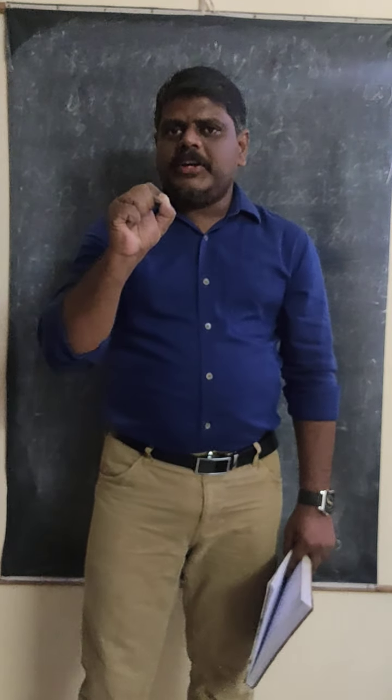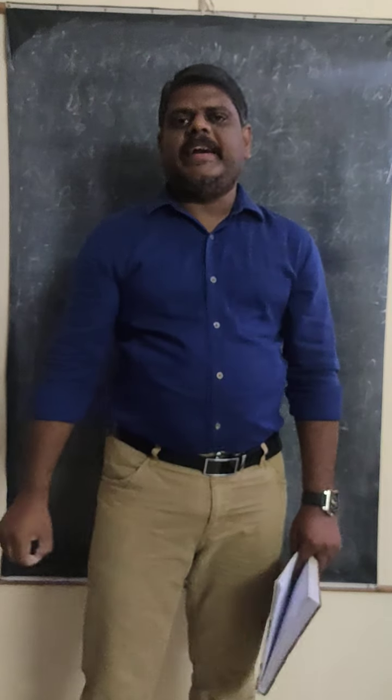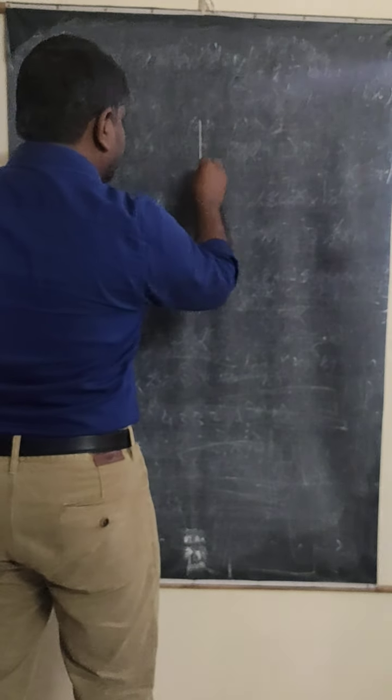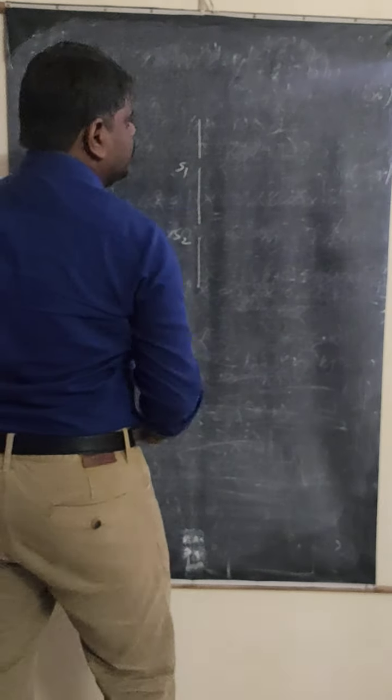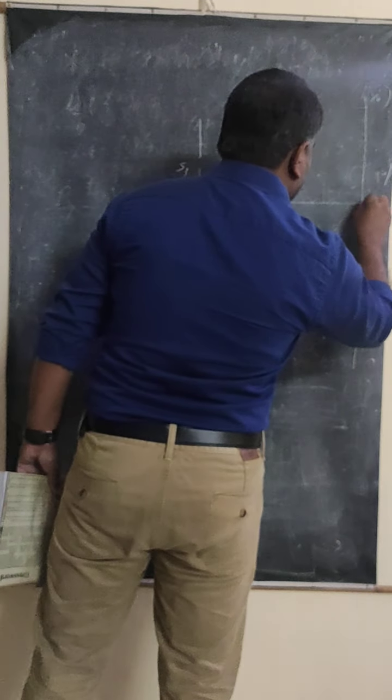From the center point to the sixth bright band on the upside and the sixth bright band on the downside, the distance is given to you. For example, if I draw the diagram here, these are the two slits, S1 and S2, and here the screen is there. Let us say that this is the center point O.